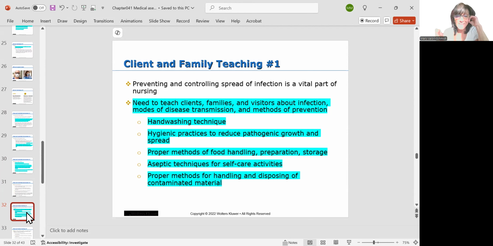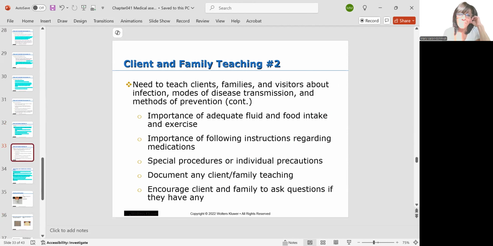There are many diseases that are transmitted through food. Hepatitis A, oral-fecal. Someone makes a sandwich after they just went to the bathroom but didn't wash their hands. They have Hep A, so do you. So that's a problem. Okay. And make sure you're getting rid of contaminated material appropriately.